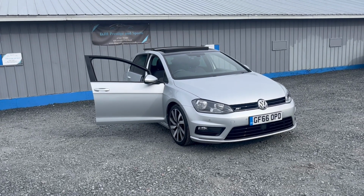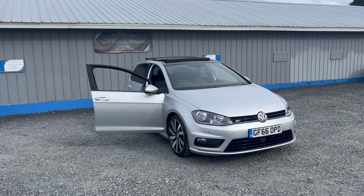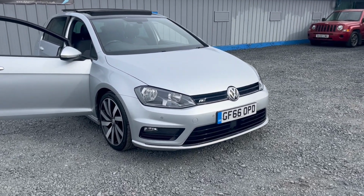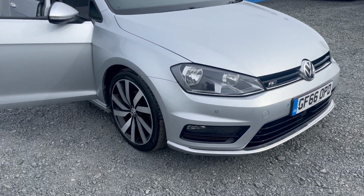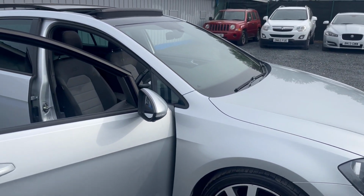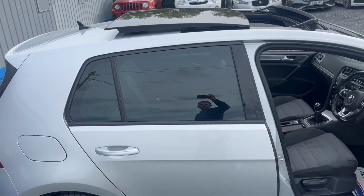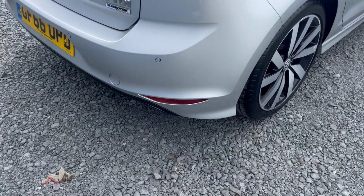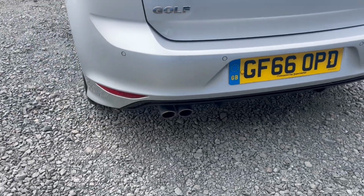We've just acquired this lovely, very rare Golf R-Line diesel. Fantastic condition, finished in silver with a high specification. Got front park distance control, active cruise control, diamond cut alloy wheels finished with silver and black, privacy glass to the rear, tilt and slide panoramic roof, rear park distance control, twin exhausts,